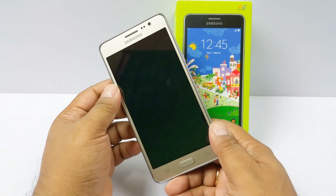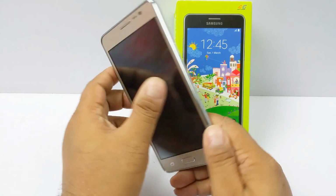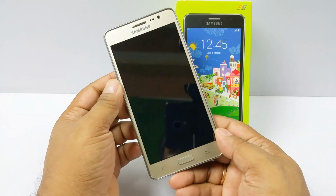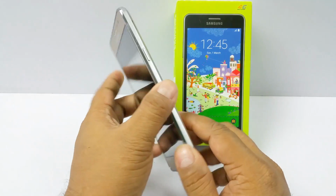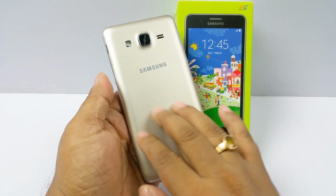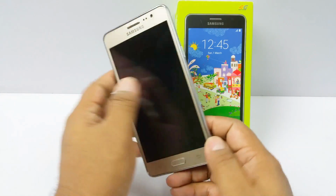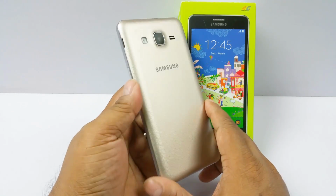And number three, Marshmallow right out of the box, and a lot of devices at this price point do not come with that. Some of the cons would be this plastic build, and more than plastic build, I like this plastic build, but then it's almost identical to last year's Samsung, and in general it's a very cliched design now, Samsung's. Although this faux leather cover is always a nice touch that started with the Note 3, but yeah, this design's kind of now become too old and common. And apart from that, the